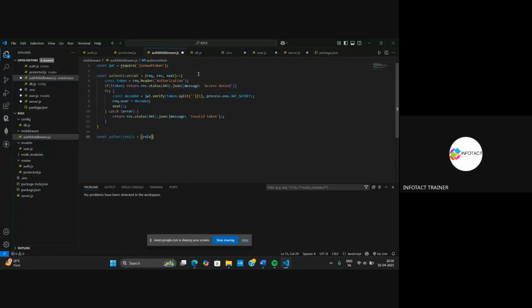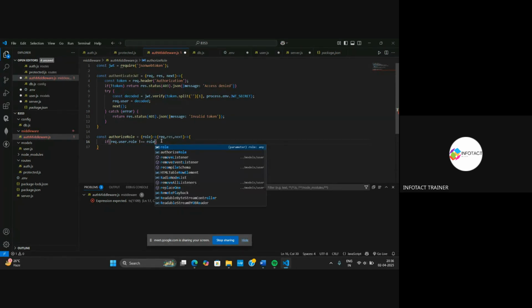Then we will write request from our response. Then we will write next. If request.user.role not equal to role. So what this condition basically checks is that it will take a request from the user about his role. And if the role does not match the provided role, then return